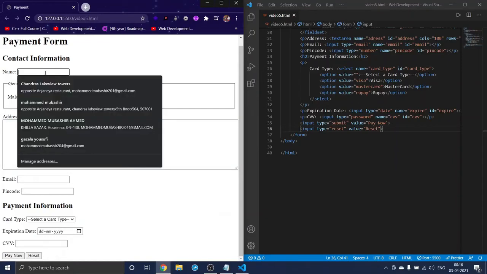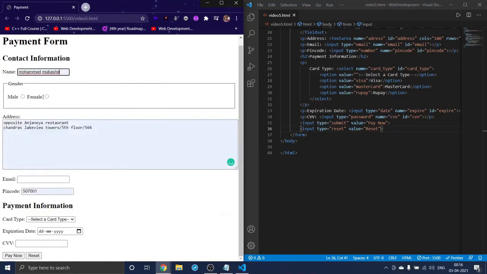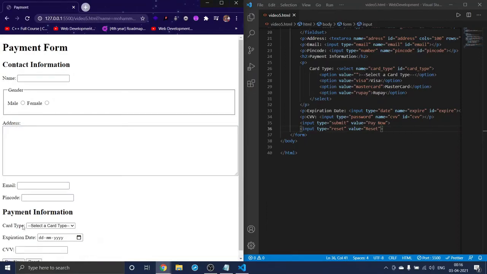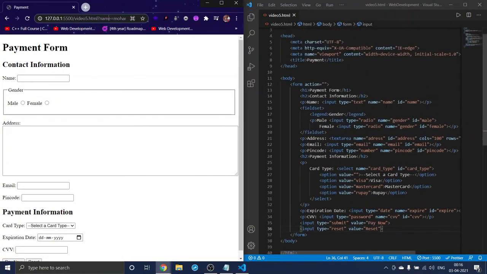And for example, you gave your name here and everything, and if you want to click on Pay Now, check this, we have this URL which says the name is the thing which we gave here, right? This one, the name attribute, the name is Muhammad Mubashir, and the address is nothing but the name here again, and everything here, and this is the thing which goes to the server.